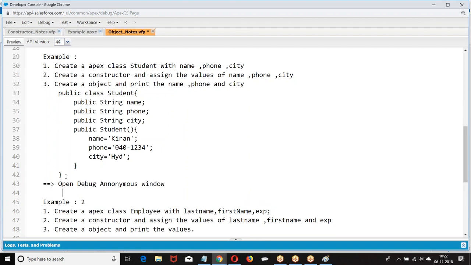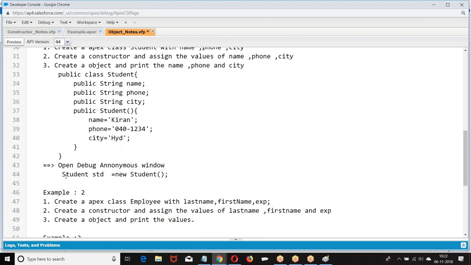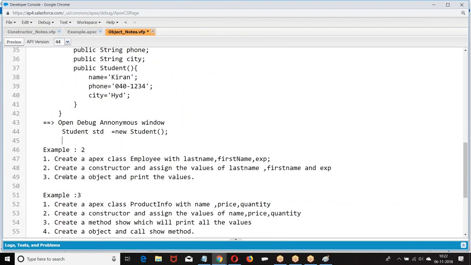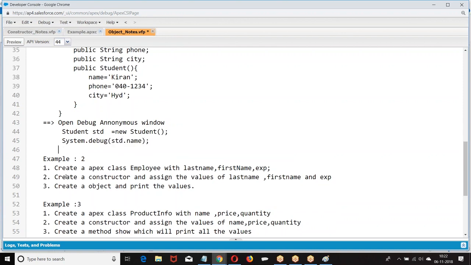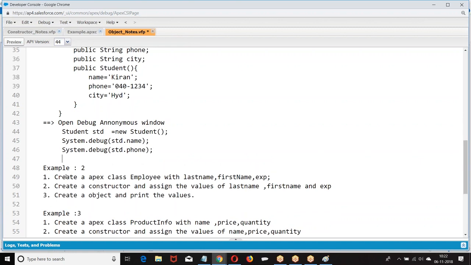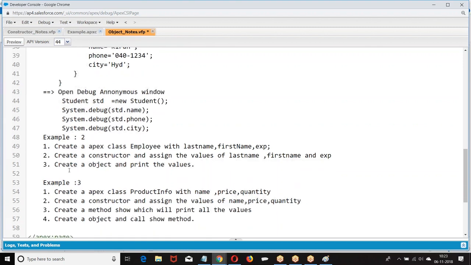There we create Student std equal to new Student. If you want to print, we use System.debug. This is how we are printing.